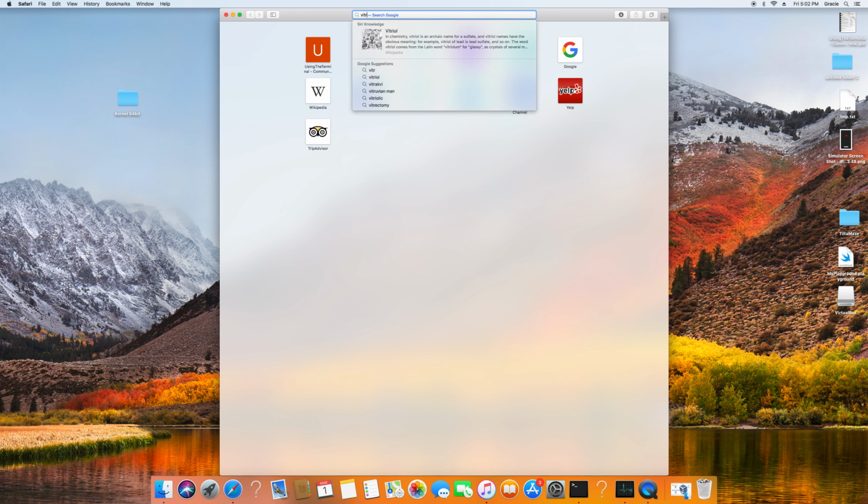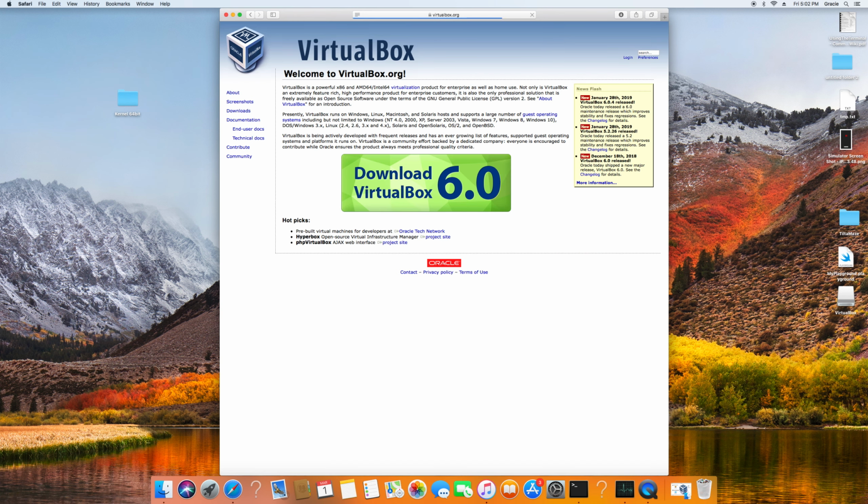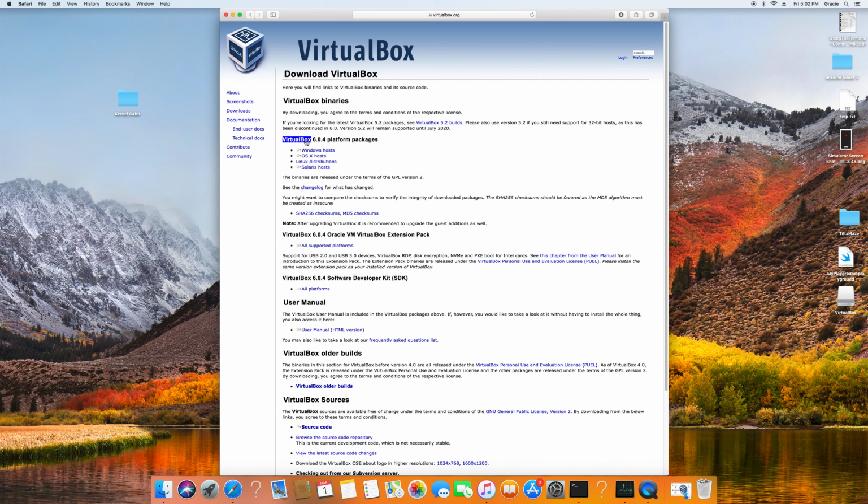We're gonna go to virtualbox.org. After that, you're gonna click on download VirtualBox 6.0, and then where it says VirtualBox 6.0 platform packages, you're gonna download OS X hosts. After you click on it, it's gonna show a little icon on top. So after the file is downloading,